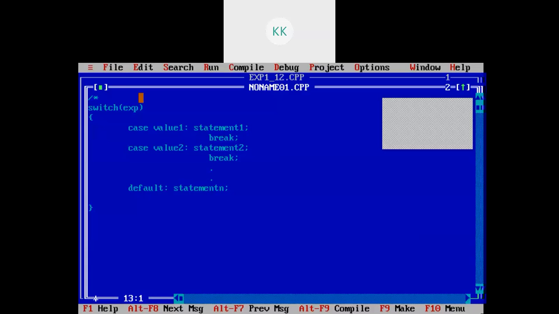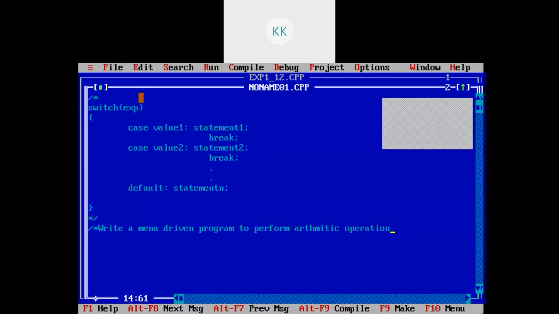So we will try to write a program using a switch case. Write a menu driven program to perform arithmetic operations.